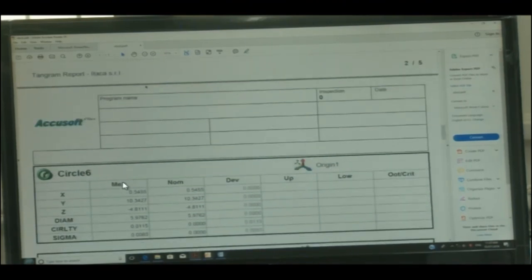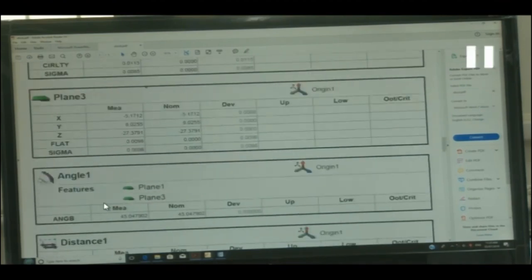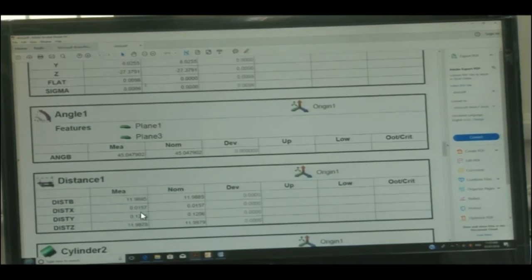So, then we have circle 6, plane 3, that was the xy plane, the angles that we measured. The first angle that we measured between plane 1 and plane 3 was 45 degrees. Okay. Then the distance we measured between the origin, that is the cylinder, and the circle. Okay, that distance is given here.